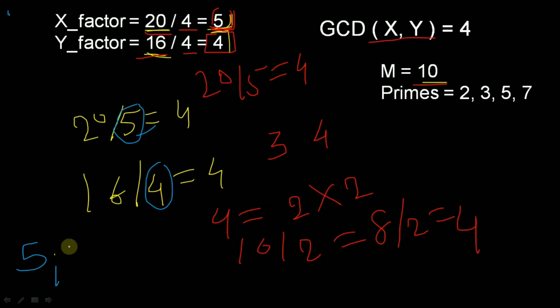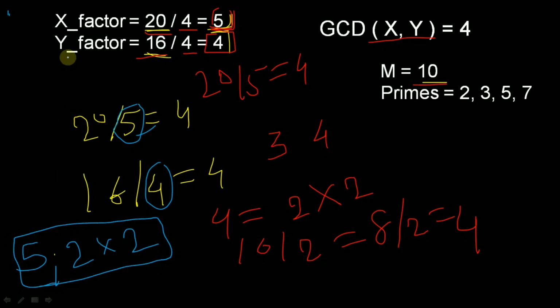And if you talk about 4, the factors of 4 in primes, that is 2 into 2. So how many factors do we have? That is 3. That means from x to 4 and from y to 4, the total time it will take to meet is 3 seconds, because we have three factors. So we will just count the factors of these values, that is 5 and 4, we will get the time, and we have already found the floor number, that is 4, so we will print 3 and 4.